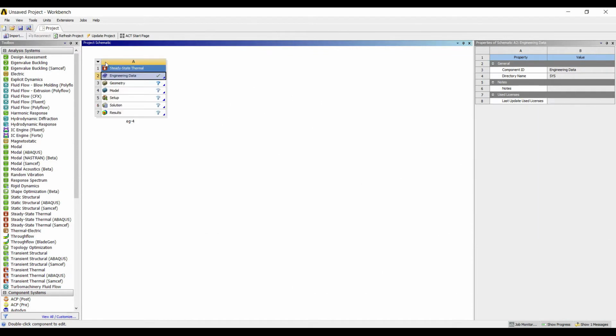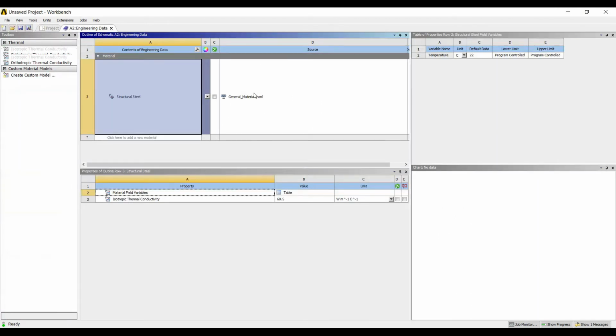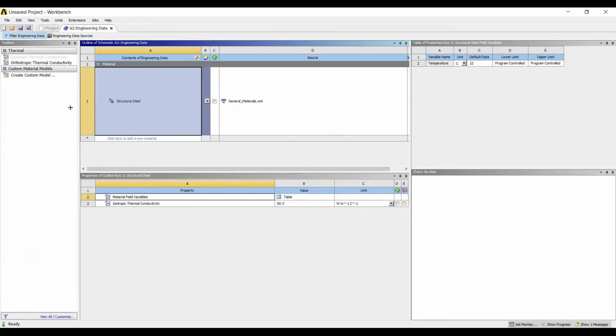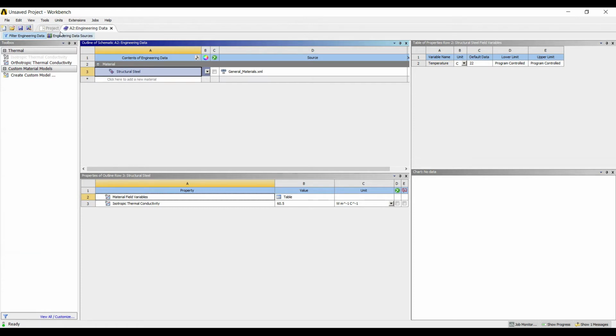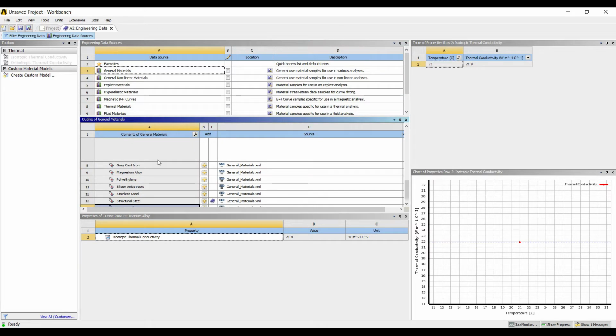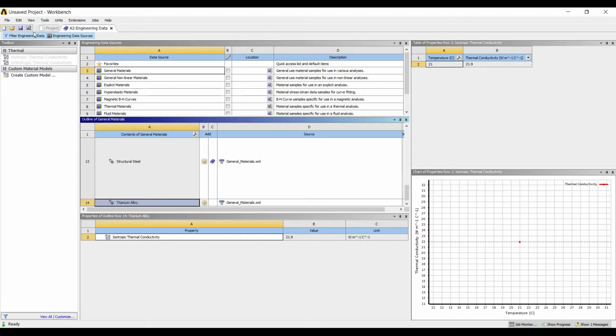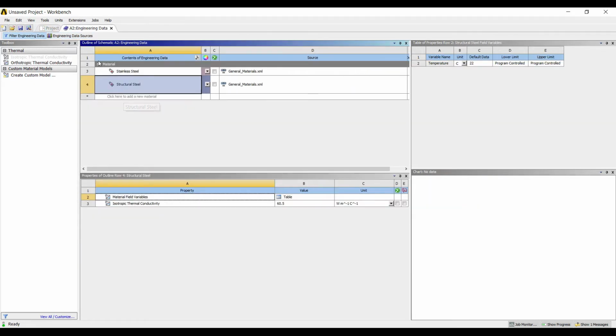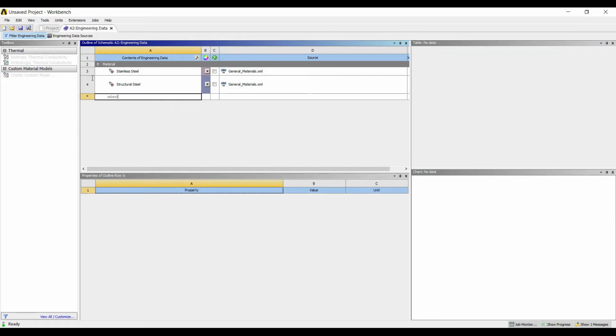So I'll first go to engineering data. Engineering data sources, general materials. Stainless steel can be bookmarked. There is one more material required. You can see it is stainless steel and structural steel here. So I'll add asbestos insulation.